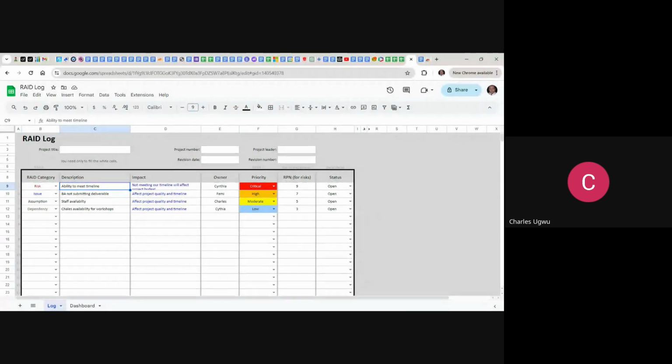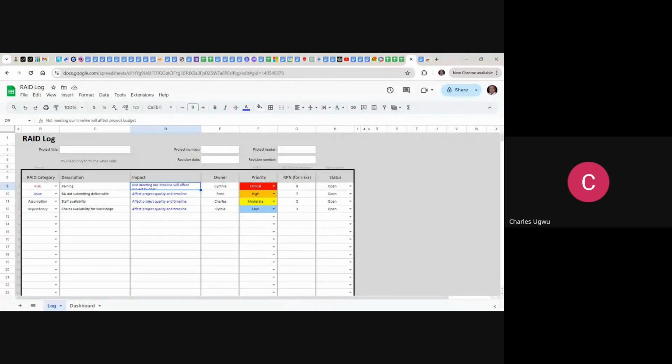We can give it, say, raining on our event. Raining. And here we'll capture the impact of that rain. What is the impact? If it rains that day, as a team, what do we think is our impact? It's something we can brainstorm as a team and decide the impact of that rain on that day. Nobody is going to be happy. And based on the experience,